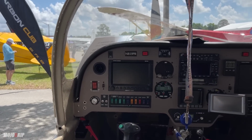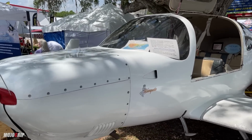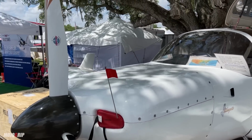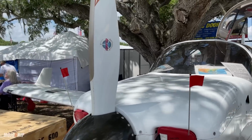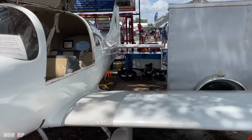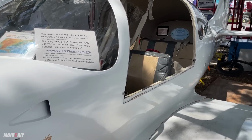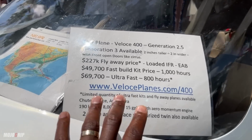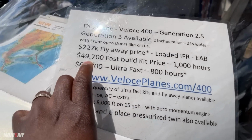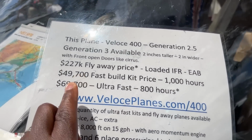But let us step out and talk some numbers. So here we are back. Let's talk some numbers and why you would be looking at this airplane as an option. One, the kits are fairly affordable when you compare to other kits in the market. As a matter of fact, I'm gonna go to the paper point here. If you want a quick build kit for this airplane, as of today, this is the price,